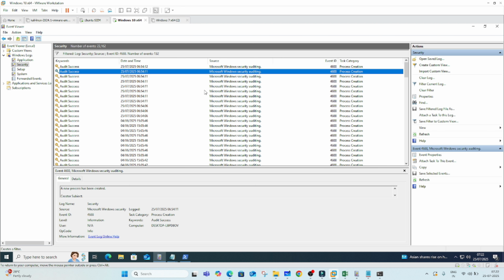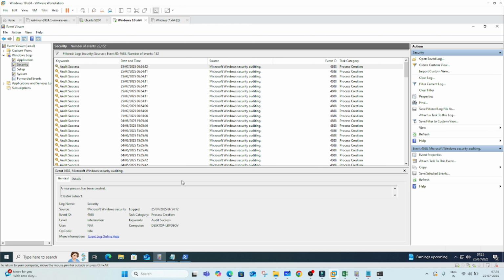The new process was notepad.exe. You need to remember here, even if you just open Notepad and close it without saving anything, it's still a process creation and it gets logged. Why? Because starting the program itself is an action. Saving the file is not required for the 4688 event. Remember this in future analysis. Even if you don't save the file, the 4688 event will appear in the Security logs in Event Viewer.